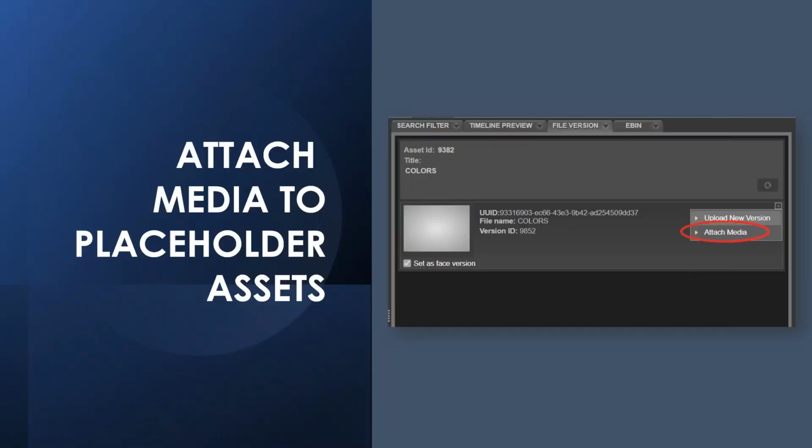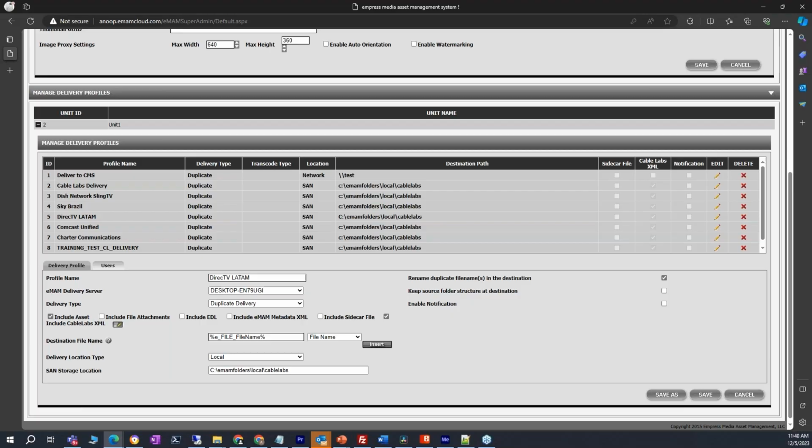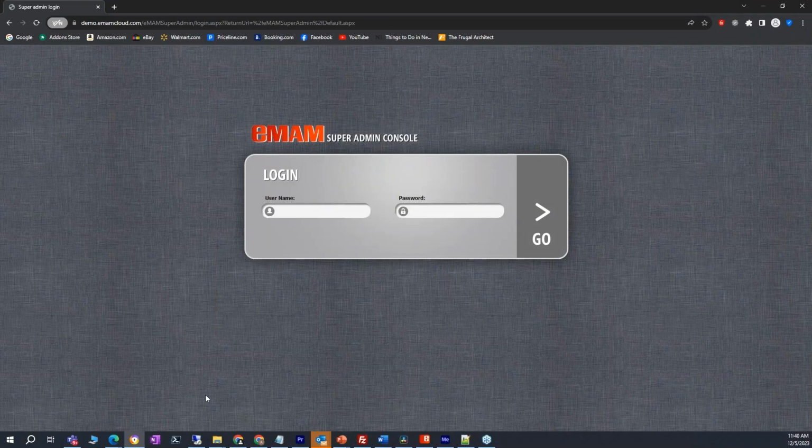Then the next one is the on-demand create proxy workflow. So again, we have a workflow module. We are keep improving that workflow module, and the one change we recently done is the